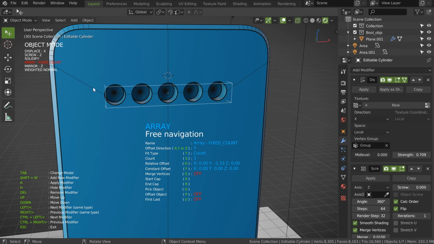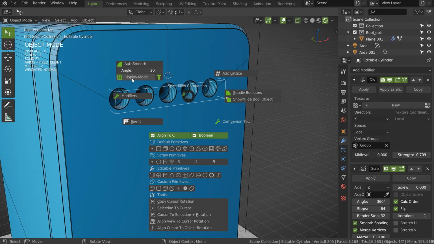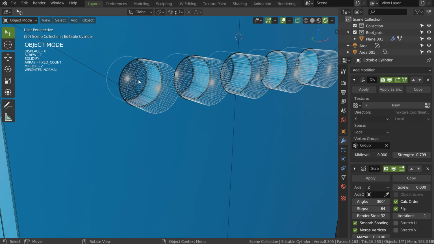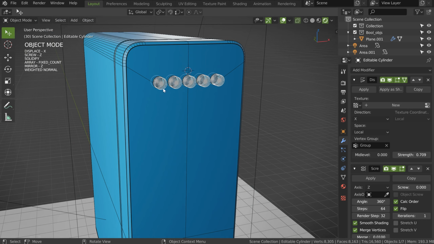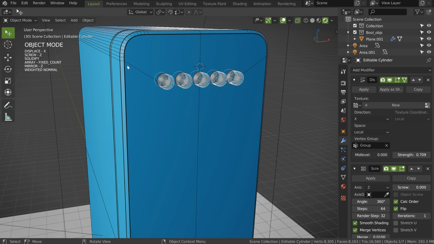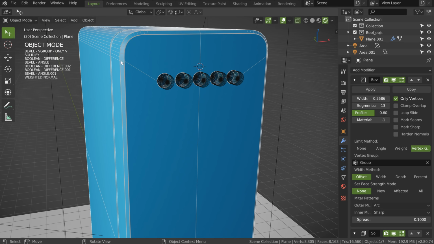But I dislike those lines, so what I will do is to click on 2, and I will exit, and in fact I will click here to show them. I will need it for after, because what I will do is, on this object, I will add a line, and that will remove those lines, and I will have something really clean.